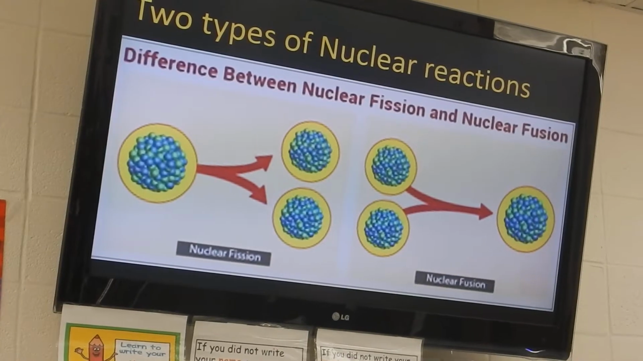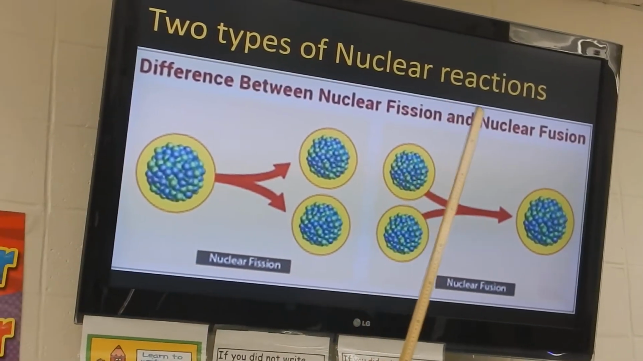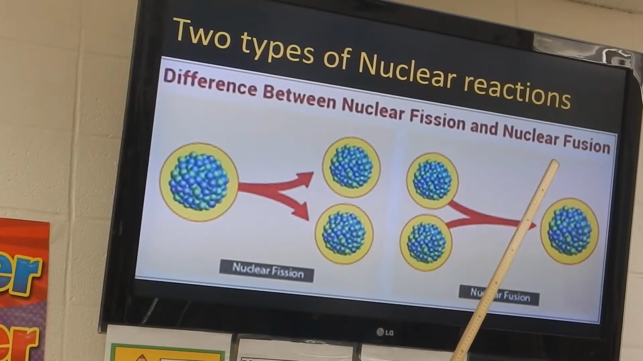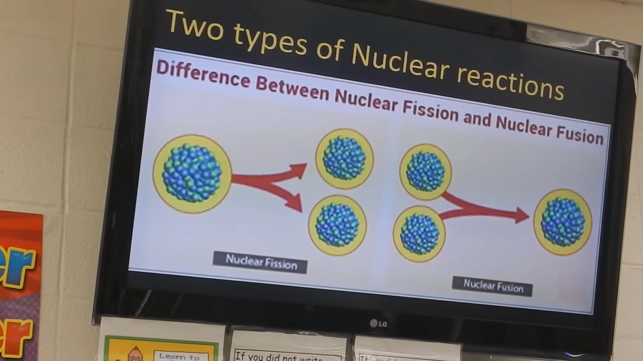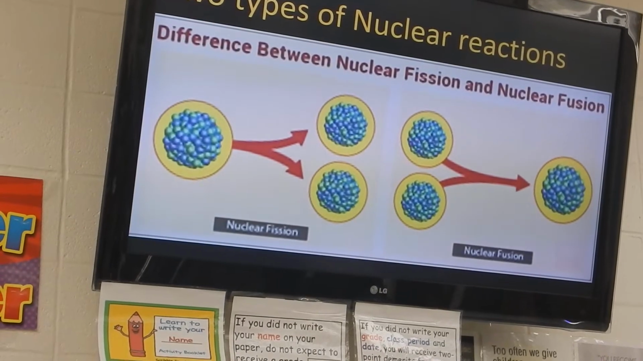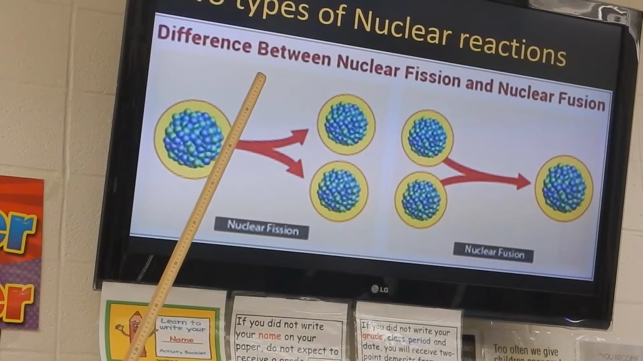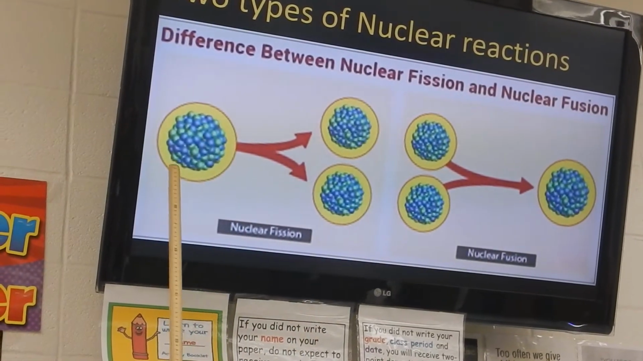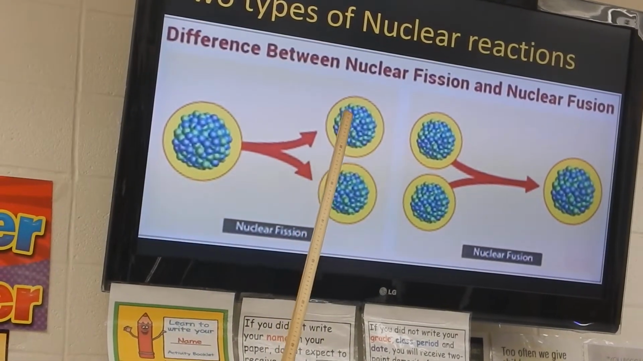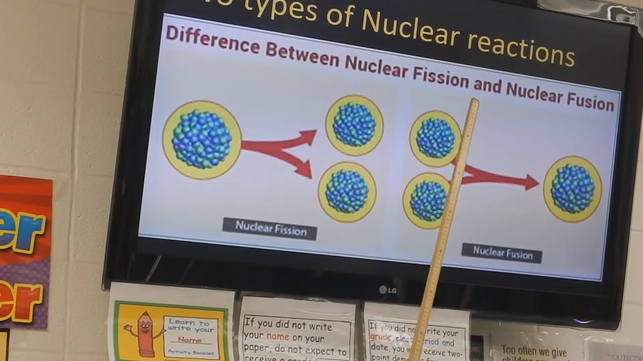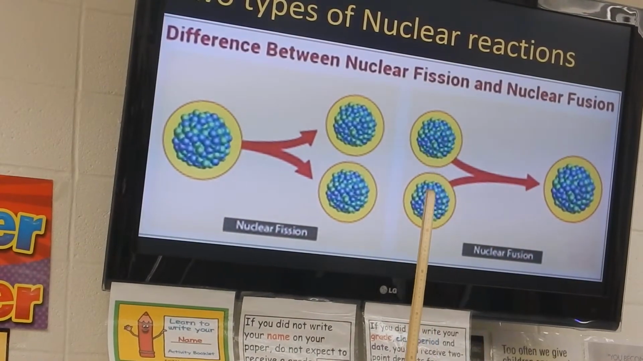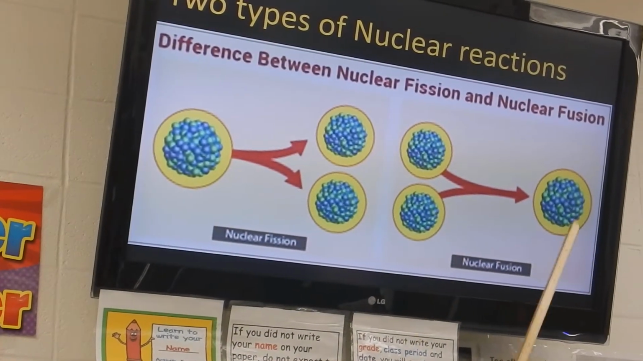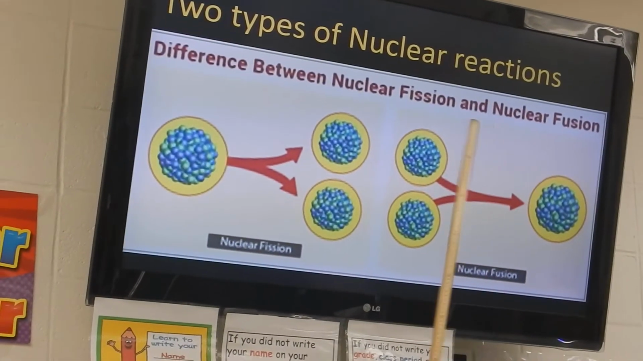Now, these are the two types of nuclear reactions. Again, we have nuclear fission and we have nuclear fusion. The main difference between the two is that in nuclear fission, the atom separates. While in nuclear fusion, atoms combine. This here is the one that powers the sun, and this here